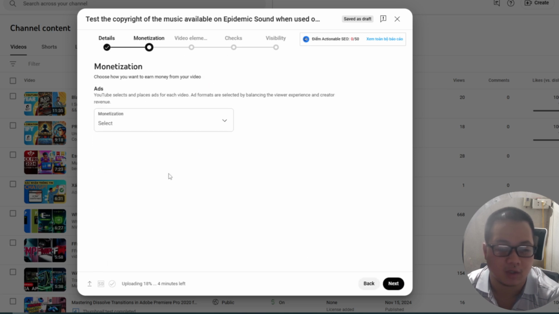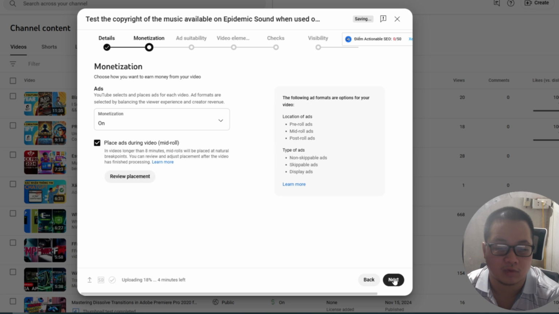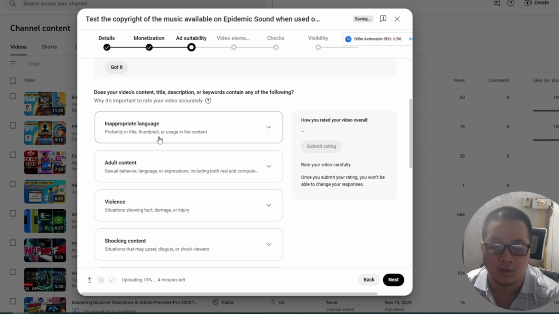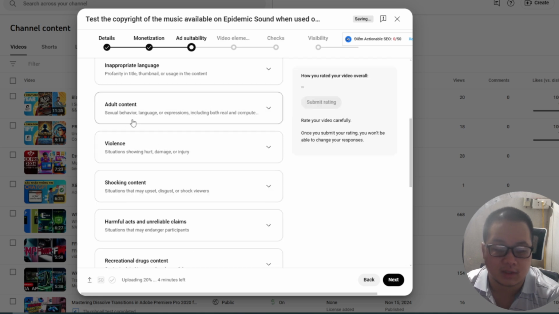Music brings your story to life, and Epidemic Sound has made it their mission to help creators find the right sound to do exactly that. But here's the key. Artists deserve to get paid for their work, just like you deserve to get paid for your amazing videos. But enough about the claims.